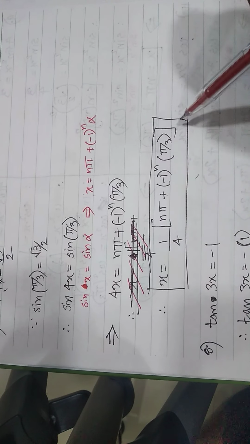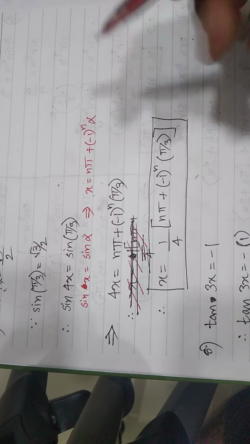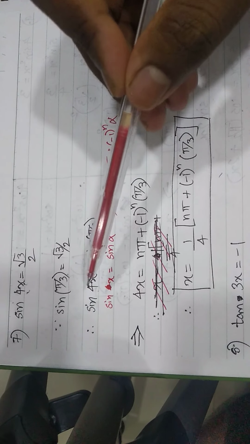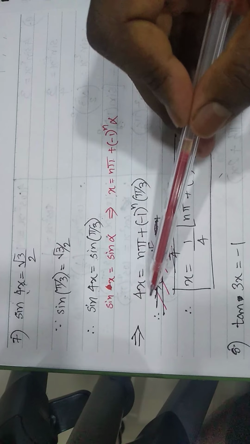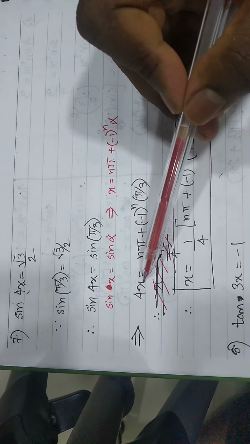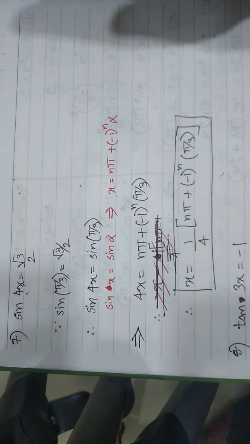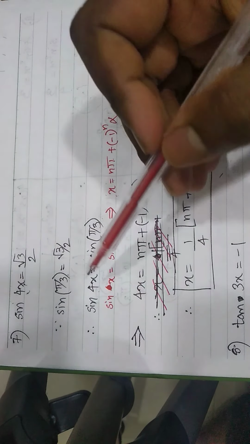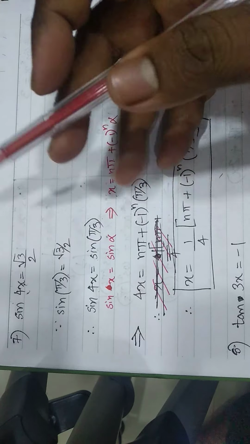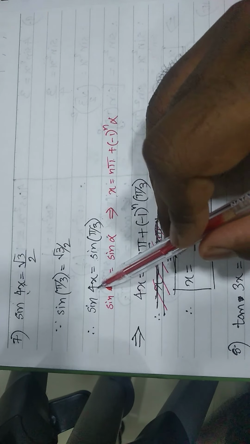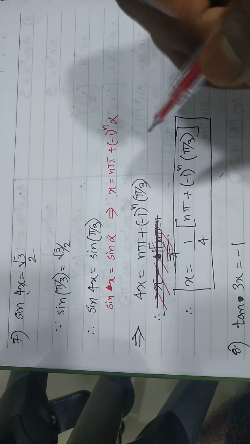You bring it to the other side, you get the solution in this format. So I hope you understood this. So you correlate and check. Alpha is pi by 3, x for us is 4x. So we take 4x as it is. Just don't take x, that solution is going to be wrong. Many people make a mistake here. They don't take the coefficient of x, but we have to. That is part of our solution.